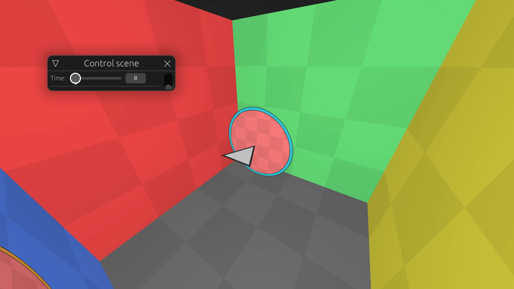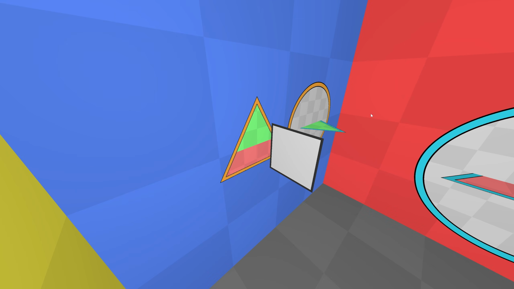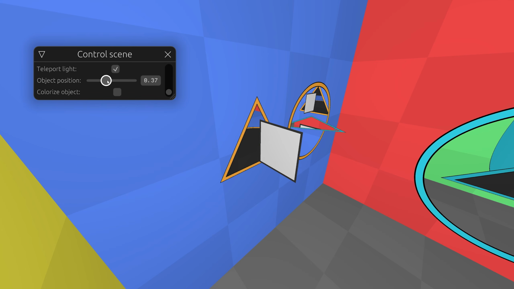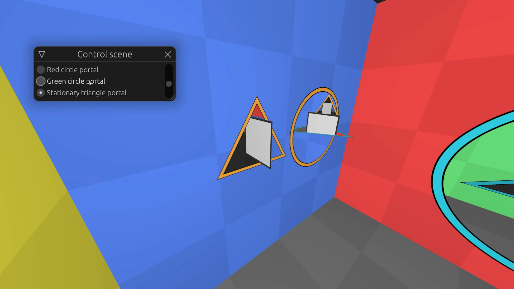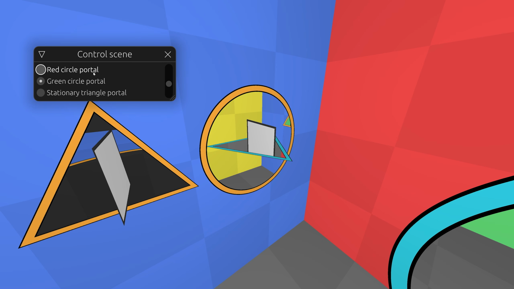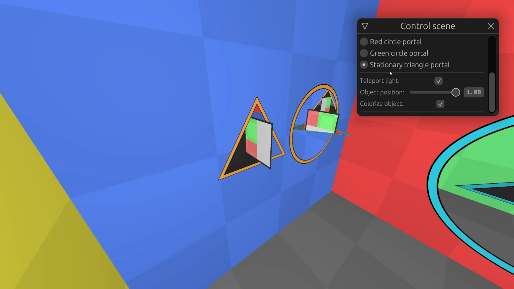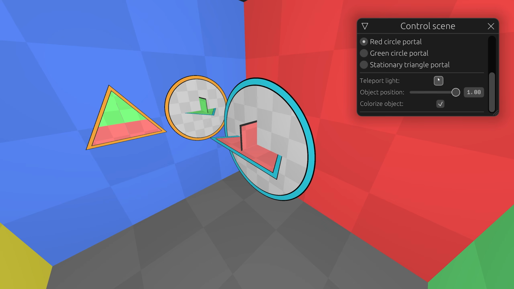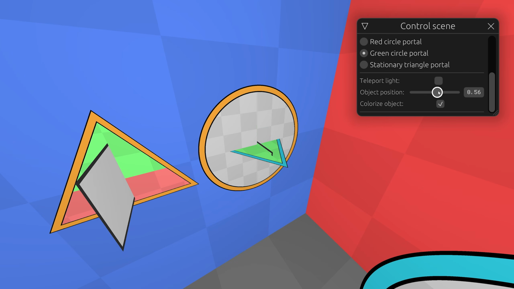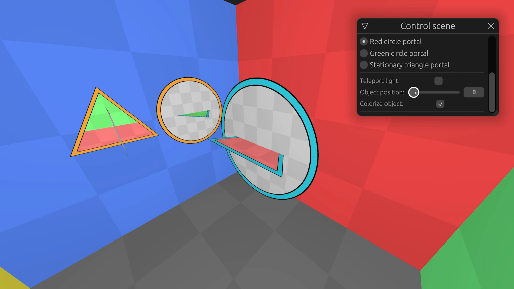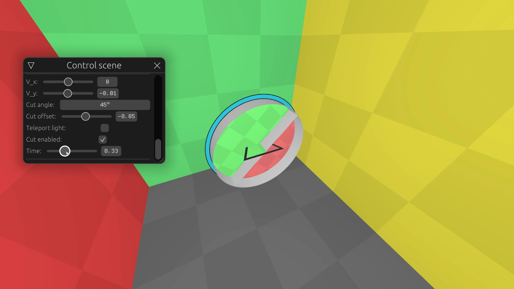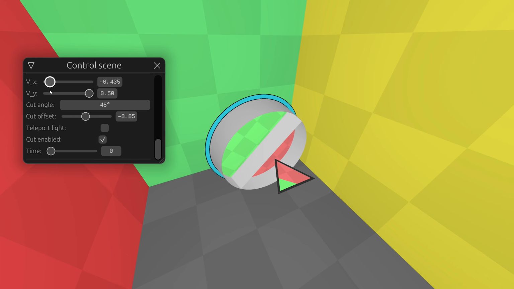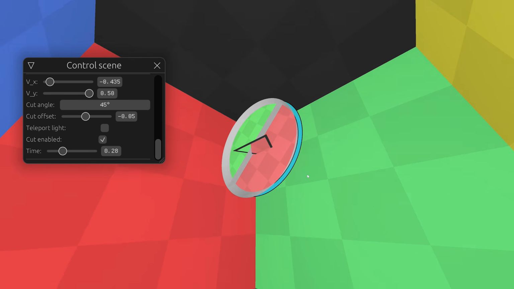We always push an object into a whole portal, so how should we handle a split portal? If we move this square object, it will look like this. But how must that work in the implementation? If one object enters two different portals, then there must be two different objects on the other side. The green portal creates a green copy and the red portal creates a red copy. We can do that by placing an imaginary knife on the portal borders. This knife will cut an object along its speed direction, resulting in separate objects entering their own portal.